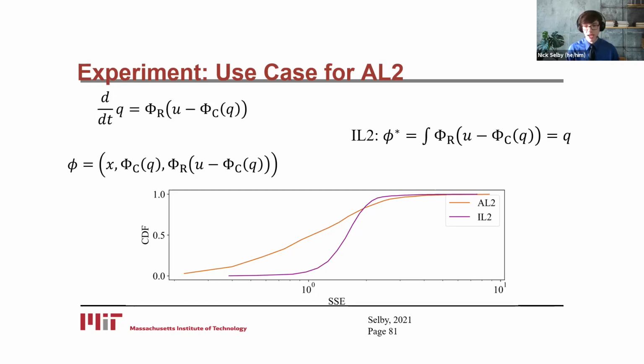As you can see, the last observable here, phi r of u minus phi c, is a nonlinear function of exogenous input u. But when I apply IL2, I find the integral of that observable is just the state, right? That's just q. So I ran the simulation 100 times with random input signals, and I noticed that because IL2 instructs that we simply omit an important piece of information, that last observable,